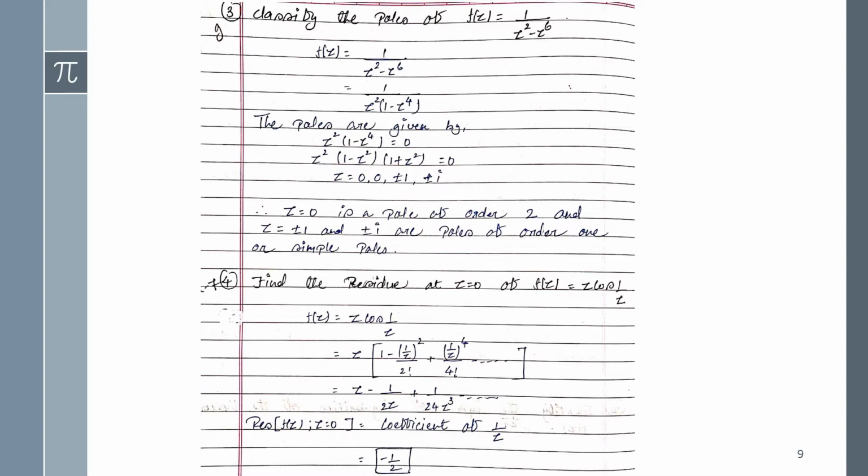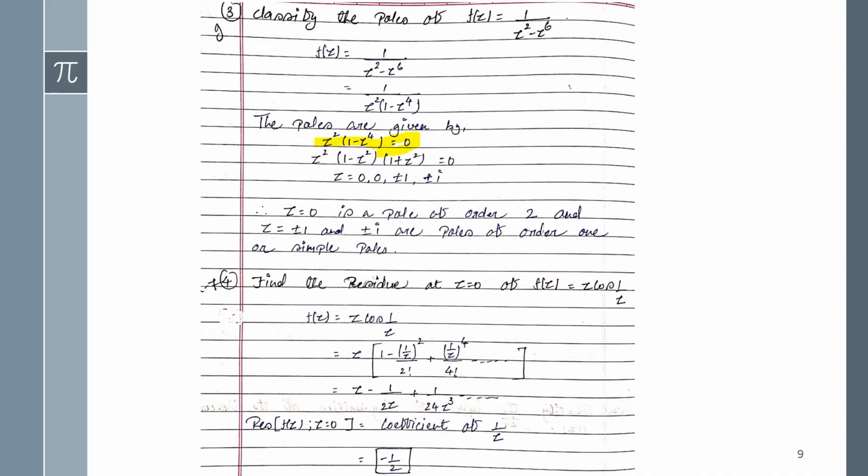So if we can find its factors, then we can find the singularities by finding its pole of order m. Okay, so here we will find its pole of the order m. To find the poles of order, you have to apply its denominator equals to 0. So here the denominator is z square into the 1 minus z raised to 4 equals to 0.